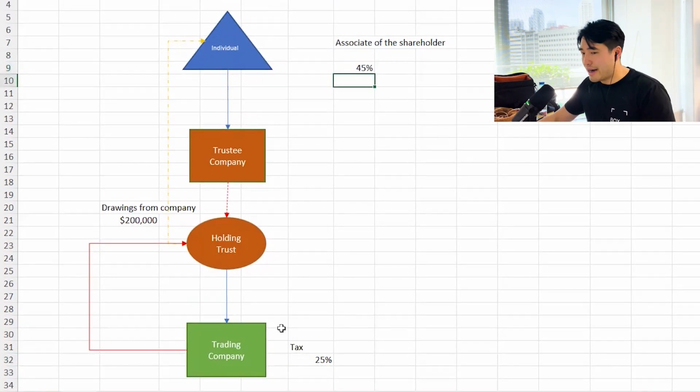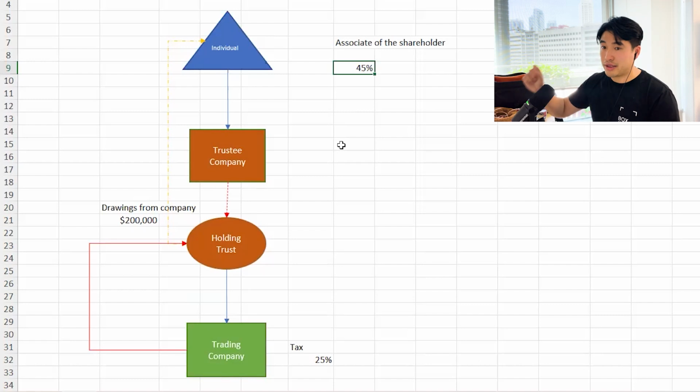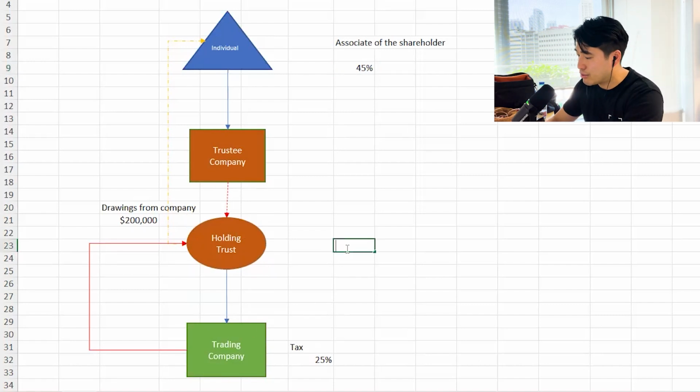So they say, we're happy for you to leave the money in this company and not pay the tax on it. That's totally fine. Pay the 25% and don't pay any top up because it's in this company. But if you take it out and put it in your personal name, that's when we want you to pay the actual top up tax. And the same thing applies to a trust, because a trust doesn't actually have a tax rate. Its tax rate is N/A, right?